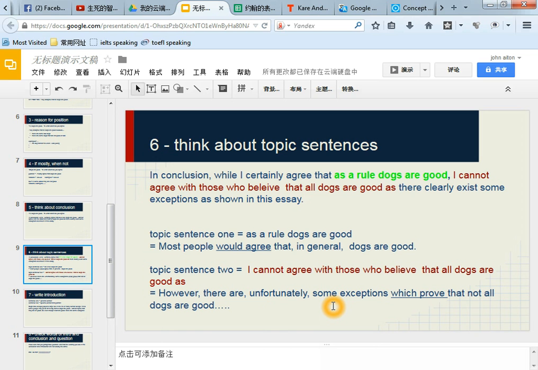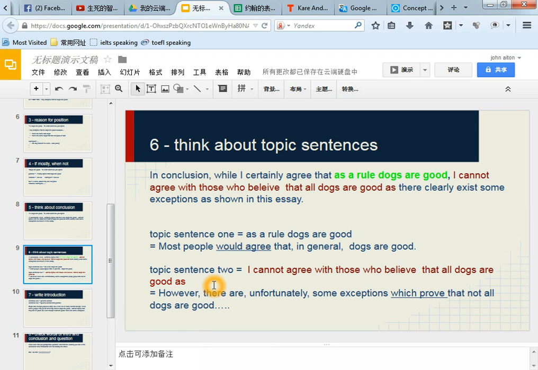So in this one here, about all dogs being good, I need to talk about why some people might believe that, because my own answer is very short. It can't be all, and this is a fact. So here it helps for me to talk about why dogs in general are good and why some people might believe all dogs are good because of this. And then I have to prove in my second paragraph why they're wrong.